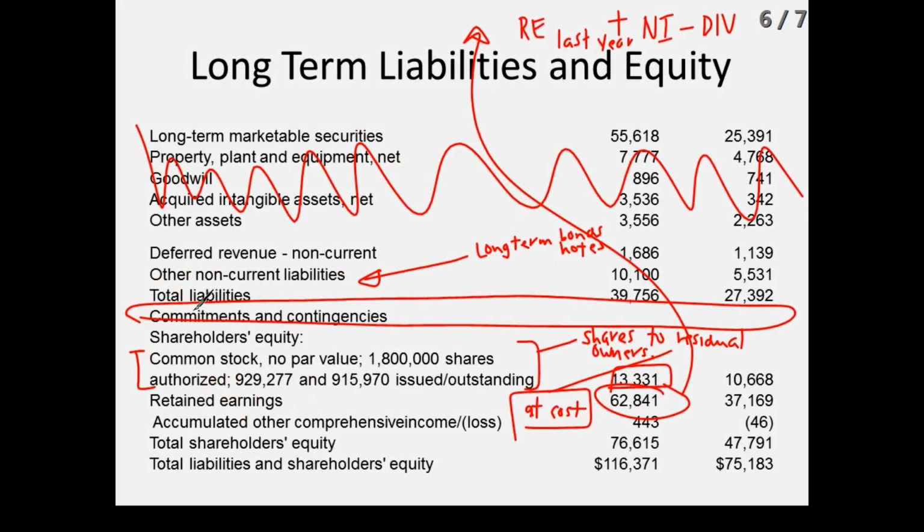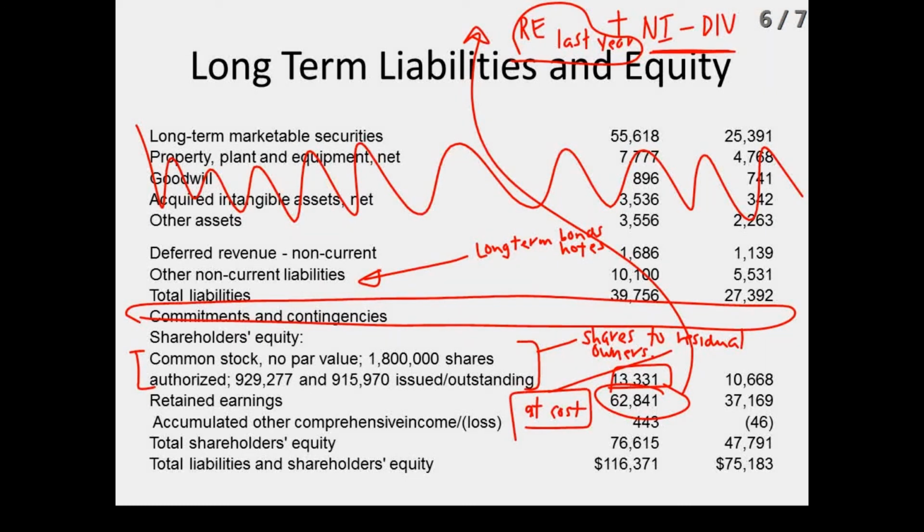Retained earnings. So retained earnings is how much the company has earned over its entire life and kept within the firm. So in any given year, we earn money, and then we decide what to do with it. We can either keep it, or we can give it back to the owners. If we keep it, we stick it in retained earnings. If we give it back, we don't. Okay, so retained earnings is whatever we had the previous year plus whatever we earned less whatever we decided to give back.